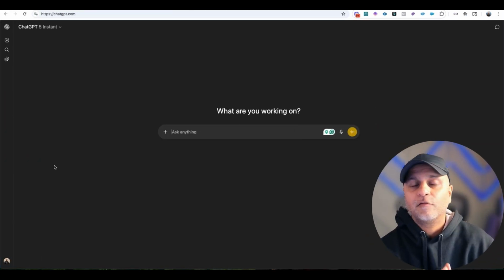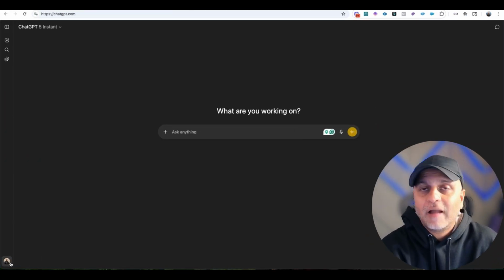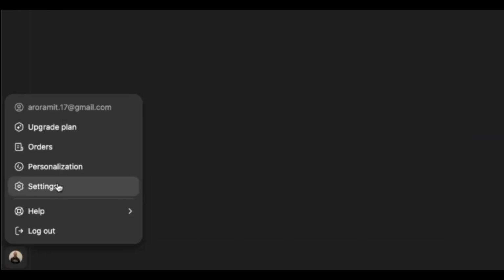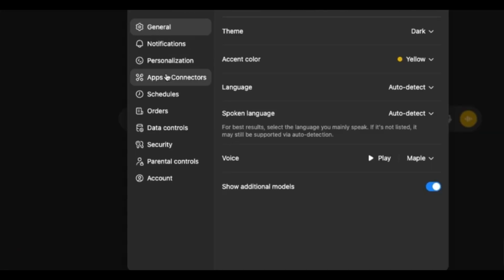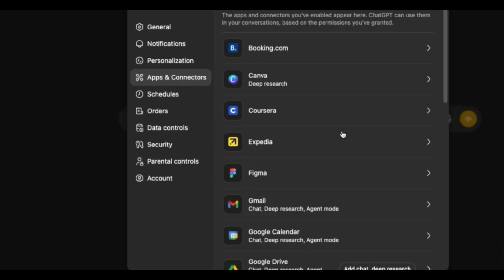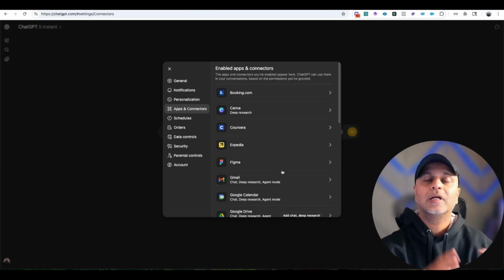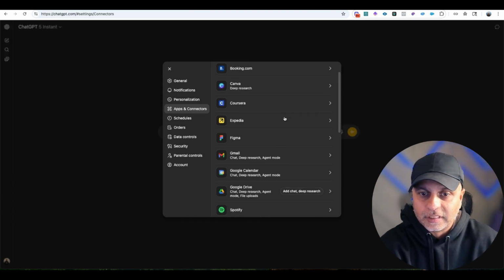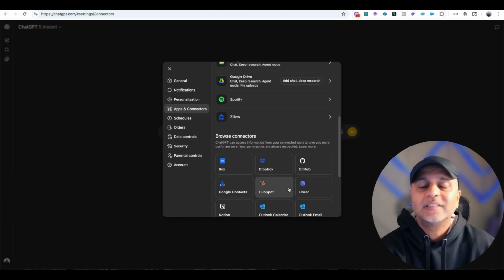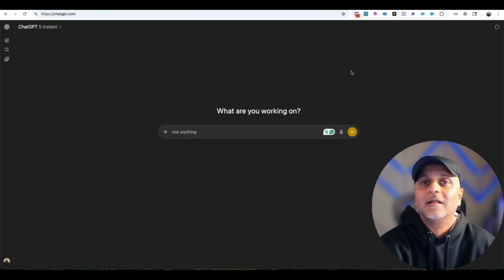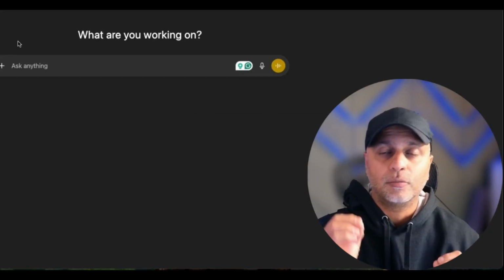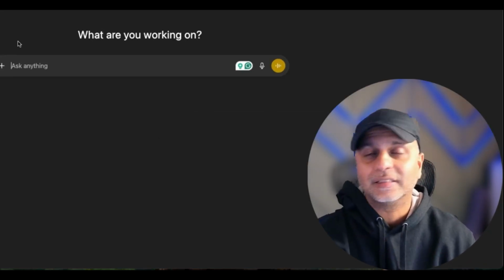All right, I'm inside of my ChatGPT account. If you haven't already done this, you can do this on mobile or desktop. Just click on your name in the bottom left corner, click on settings, and then go to apps and connectors. And here you'll be able to connect all of these apps right inside of your ChatGPT account. You can see I have all of them connected. And once you have connected, let's go and have some fun with it. Once you have connected the apps, don't forget to refresh your browser window to see all those apps inside your